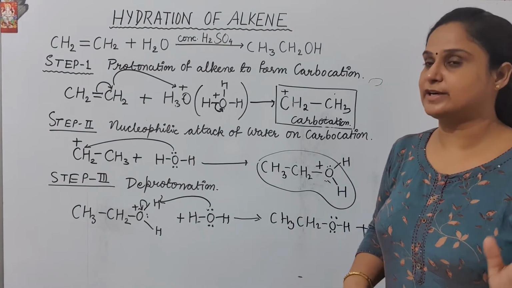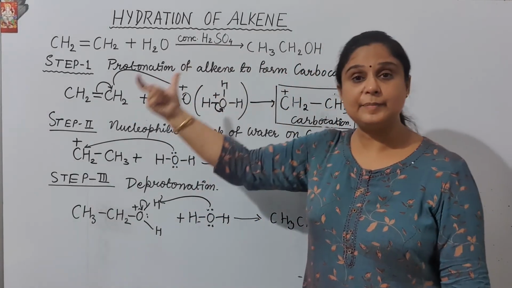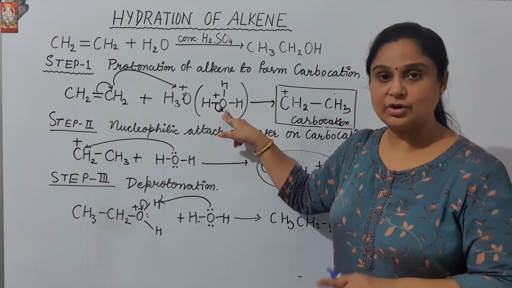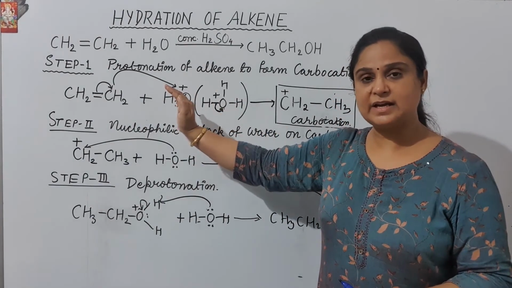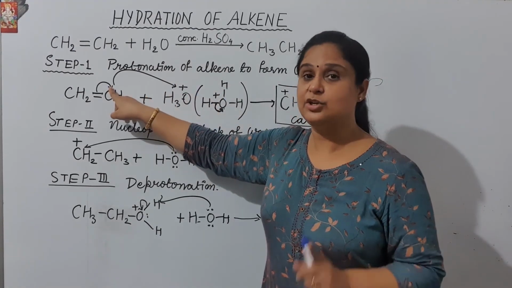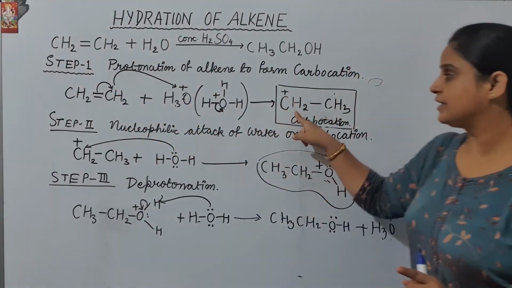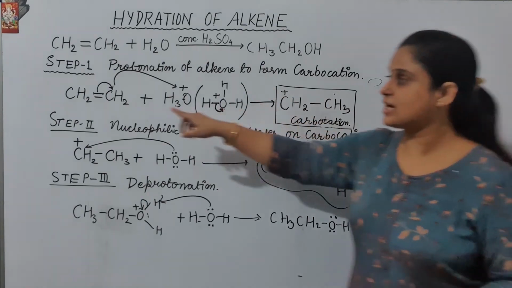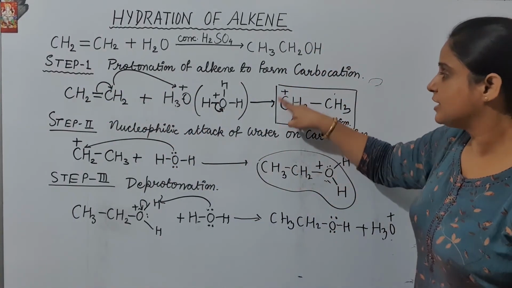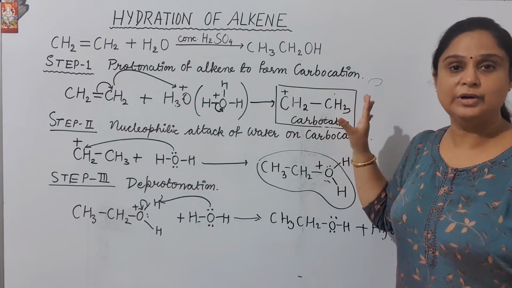Let us see once again what is happening. देखिए, फर्स्ट स्टेप इज प्रोटोनेशन ऑफ एल्कीन, यानी एल्कीन में प्रोटोन का जुड़ना. कैसे हुआ? This H is shifting its electron to the oxygen, becoming into H plus ion, converting into H plus ion, and this H plus ion will be helped out by this nucleophilic attack. That is, this is going to help it out. ये इसके साथ जुड़ गया, and when it is connected with it, now the plus charge is not satisfied, जो कि यहाँ पे आया था because of the shifting the electron. Fine. तो ये आपका बन गया positively charged species, and this species is called carbocation.